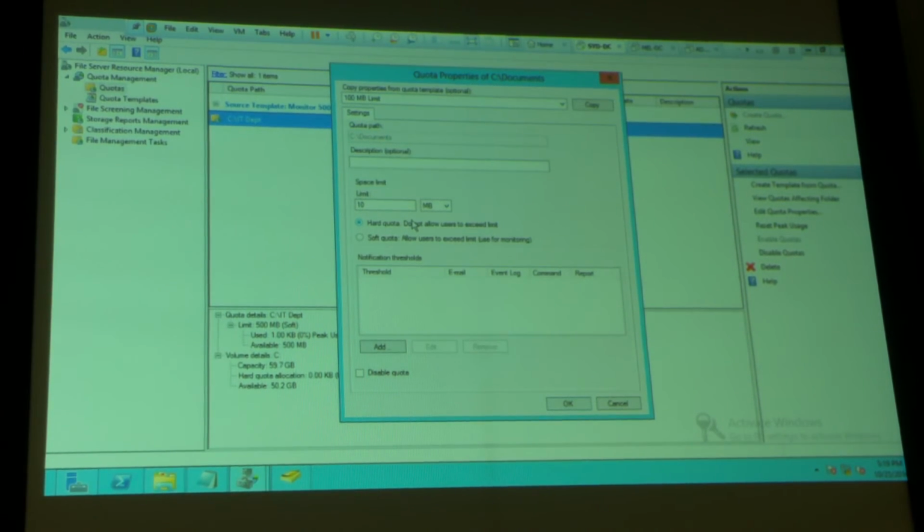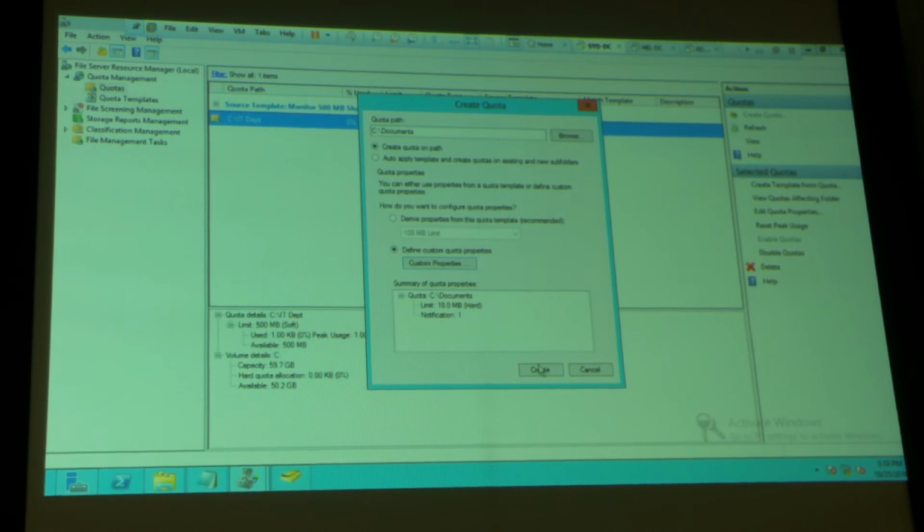So from where do you get 10 MB? There's no 10 MB. So look at this, under limit, you need to write 10. Okay? So I've just set that up